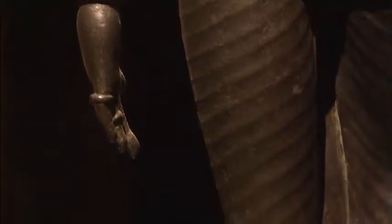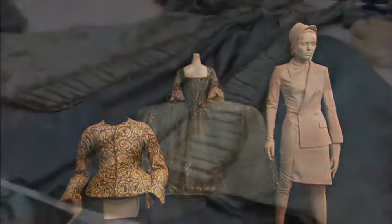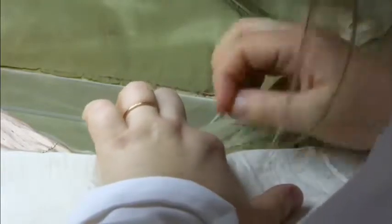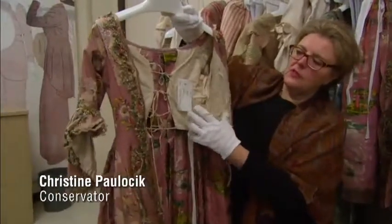Not all sculpture at the Met is metal or stone. These three-dimensional treasures were sculpted from cloth. In the Met's Costume Institute, conservators care for a collection of clothing that spans 7 centuries and 5 continents. What we do here is interpret these objects as art. This is really, really typical of the 18th century, where the interior...